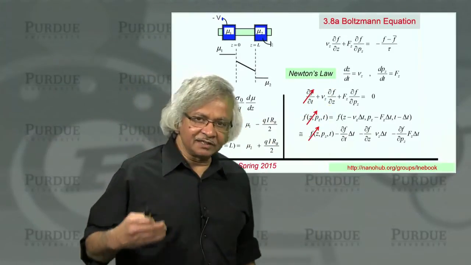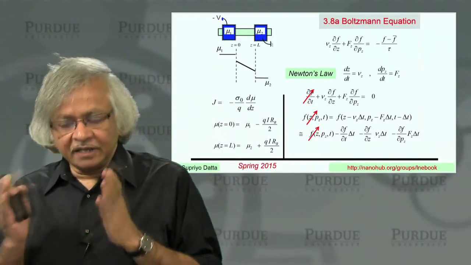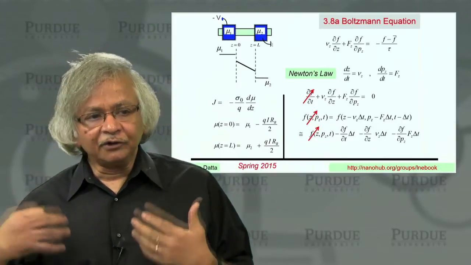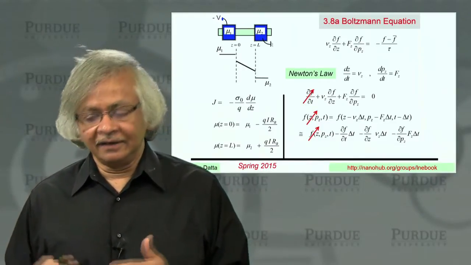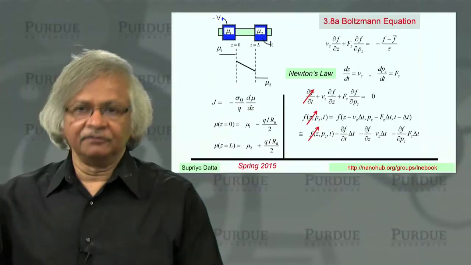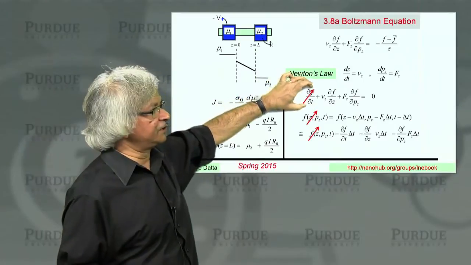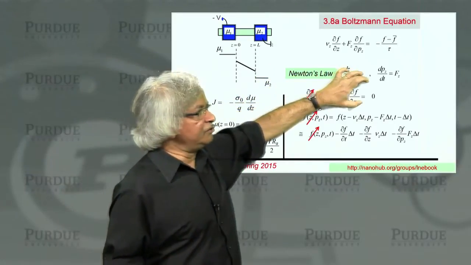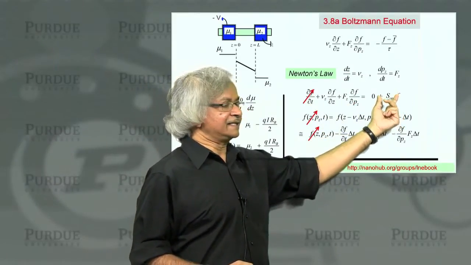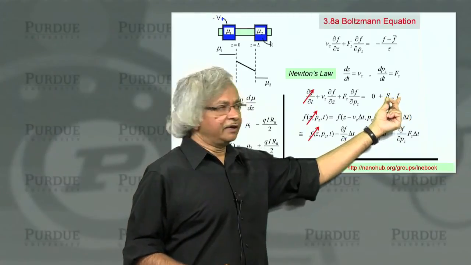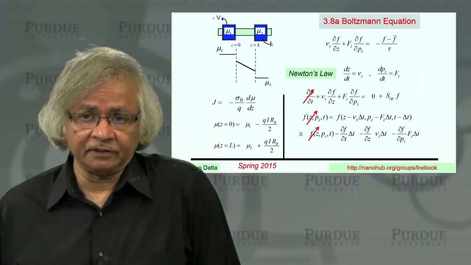But what the Boltzmann equation does is more than that. I think I'd mentioned before that what Boltzmann does is take Newton's laws and include these entropic, entropy-driven processes, or scattering, into the whole picture. And that is why it can also describe irreversible phenomena, because Newton's law is basically mechanics. To describe irreversible phenomena in devices, you need this extra term, which is the scattering term, and that is what you generally write as the scattering operator acting on F.